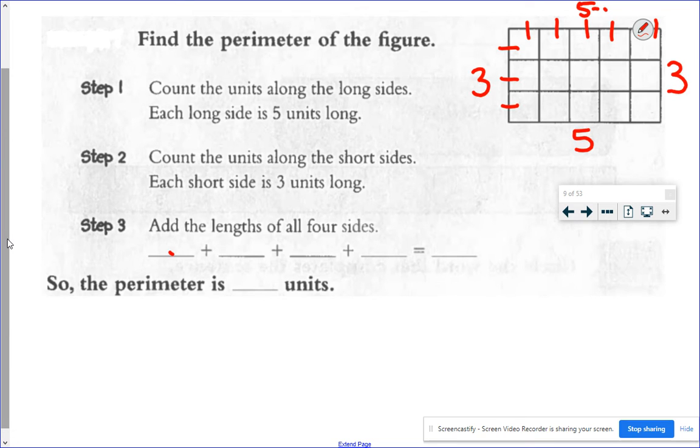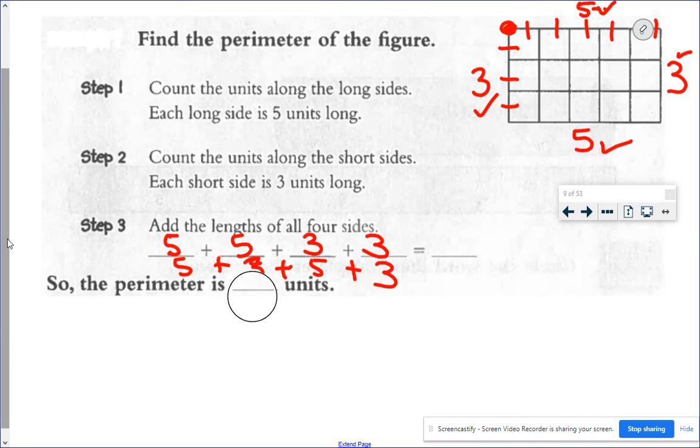So add the lengths of all 4 sides. Because it's addition, you can put them in any order. Some students today said they liked putting the double stacks together, the top and the bottom, and then the left and the right. Some students said they liked starting like we did when we counted the sides, and add the numbers this way as we go around and make that sentence. And whichever makes the most sense to you,